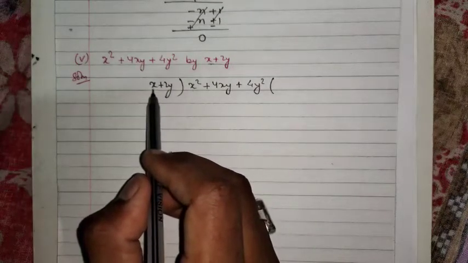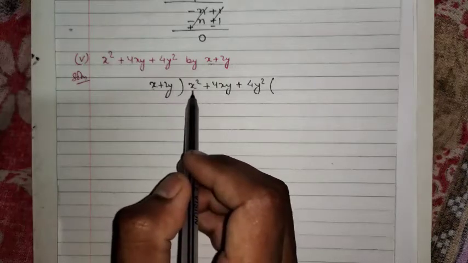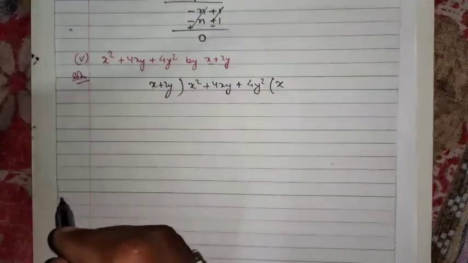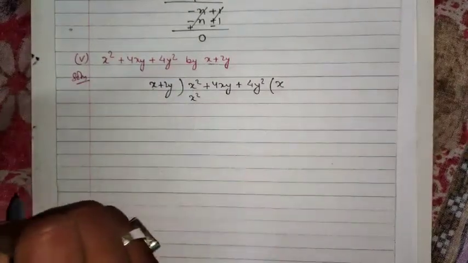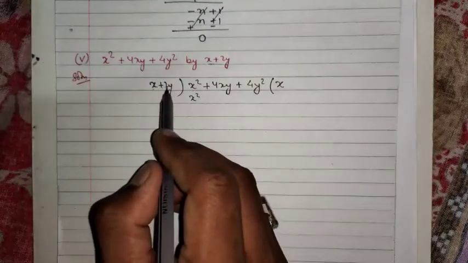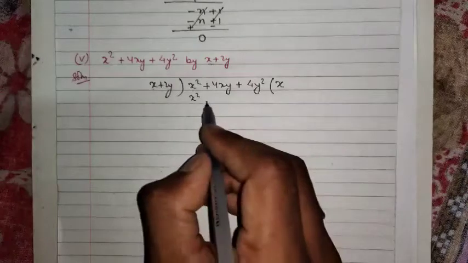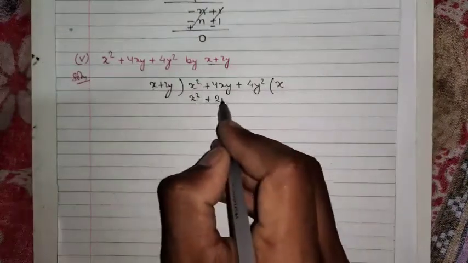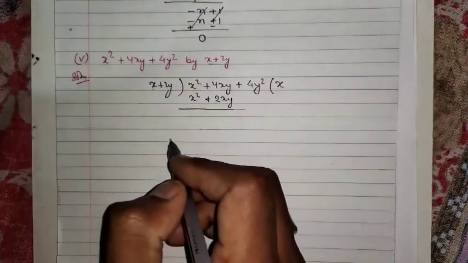Like this x, by what number will this x be multiplied to get x square? We all know that x multiplied by x, x into x, will be x square. Now this 2y will also be multiplied by this x. 2y into x, that means plus into plus, plus 2x and y, we will write 2xy. In the next step we will change the sign.